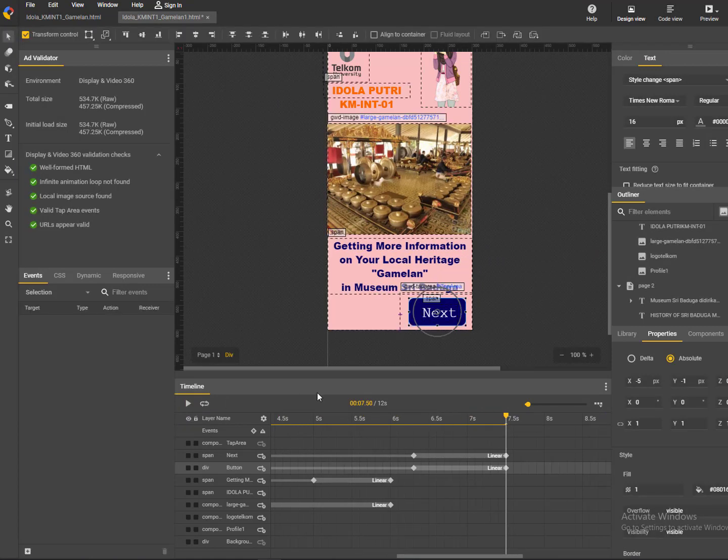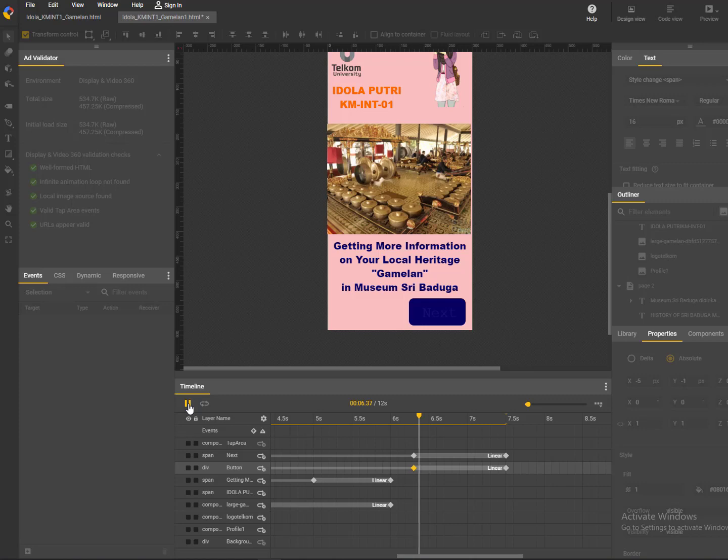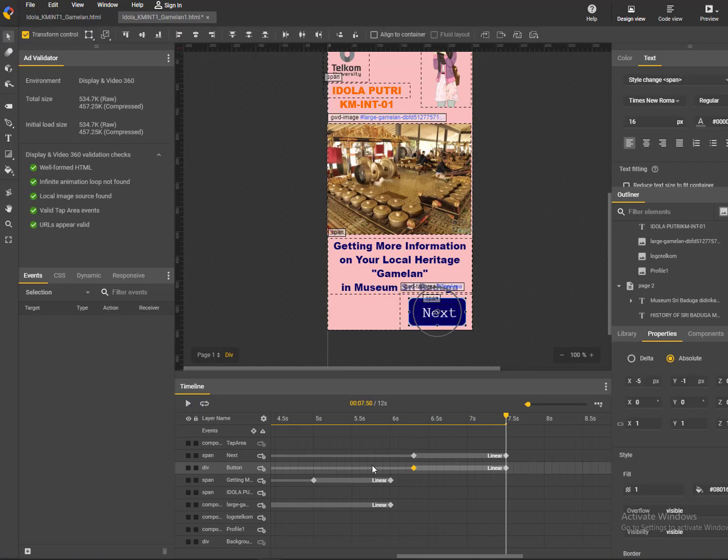Okay, so you see my box is not animated yet. Okay, let's see why my box is not animated yet. Okay, so you see the opacity is still 1.